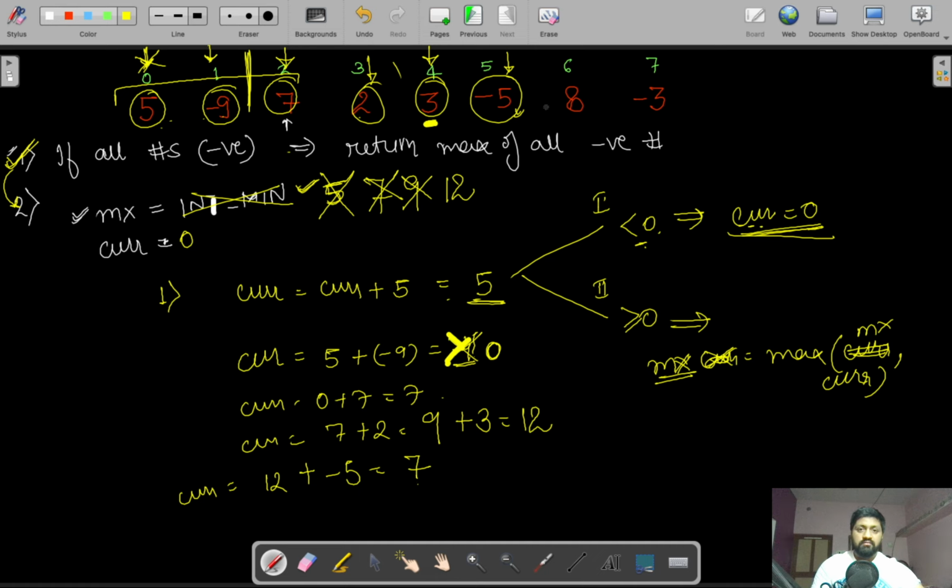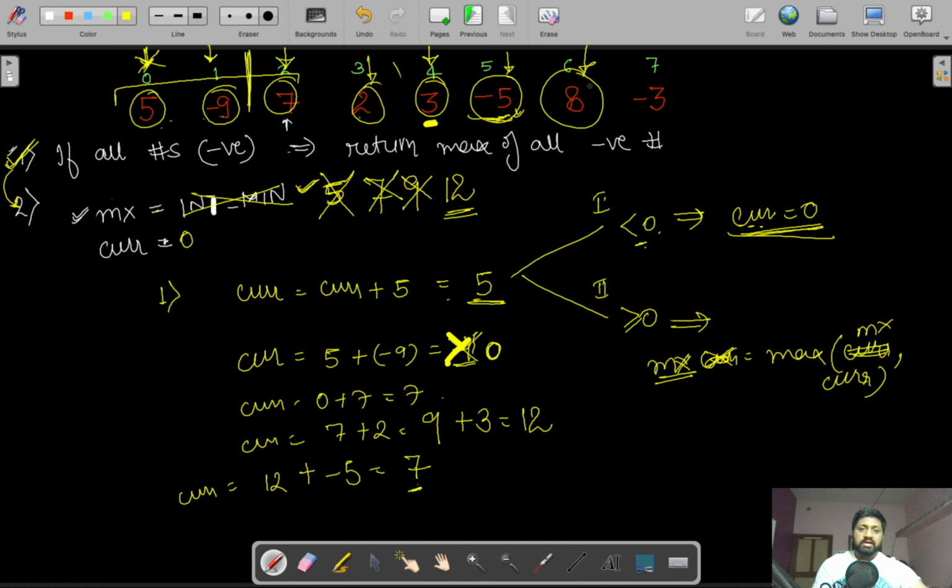It's fine, we can take this element in the contiguous array. So max is updated with the maximum of the value already present, 12, or 7. So it's 12 only, and we are not updating the 7 in the max variable.